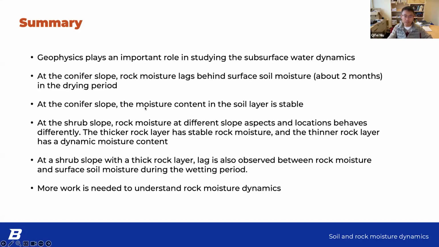At a constant slope, like rock moisture, the moisture content in the soil layer is very stable. It's pretty dry compared to the rock moisture. And on the shrub slope, rock moisture at different slope aspects and locations behaves differently. If you have a thicker rock layer, you have a more stable rock moisture, and when you have a thinner rock layer, rock moisture is very dynamic in response to the precipitation